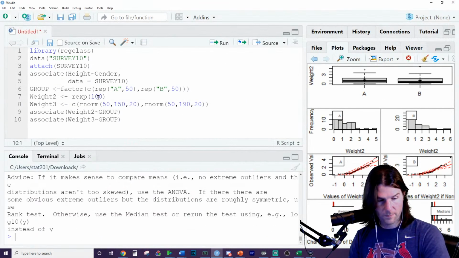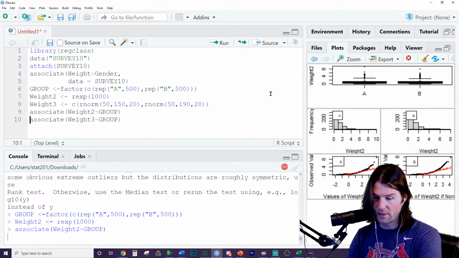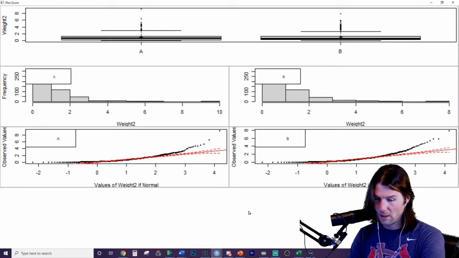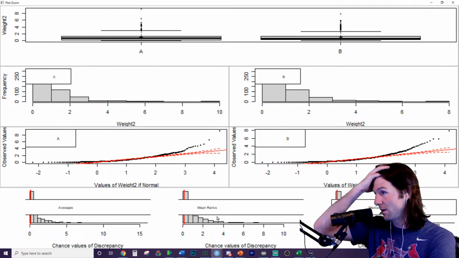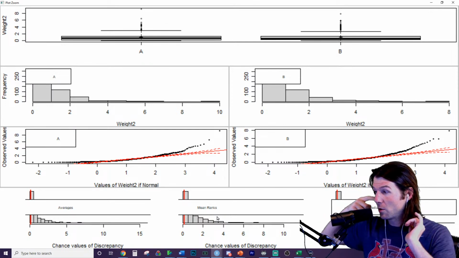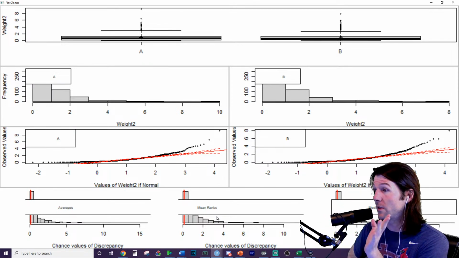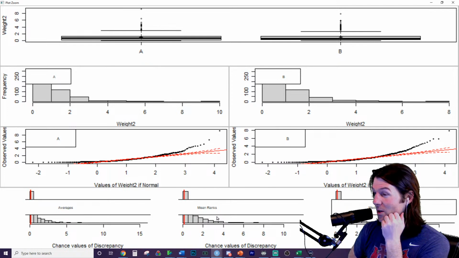Let's do more points. Oh, we can't. We'd have to do this then. Now it'll be more obvious. Yeah, that's way more obvious with more points. If these are your QQ plots, there's no way you can use the means. You've got to explain your reasoning. Great job, Lucy, right there. That's the big thing. If these are your QQ plots, you'd have to use the medians. You don't have to, but I'll count points off if you use the other thing. This is 100% medians.